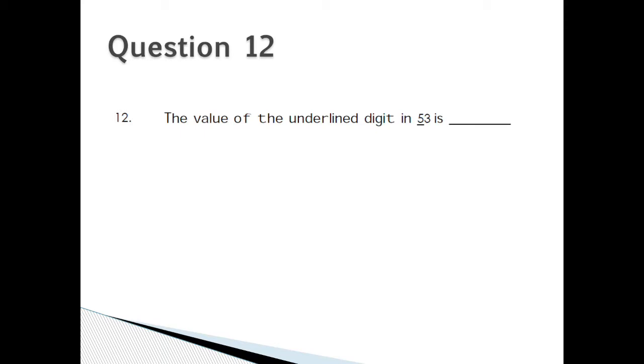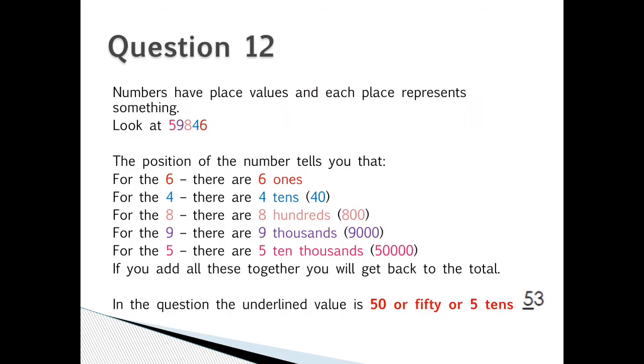Question 12. The value of the underlined digit in 53 is what? The 5 is underlined. Numbers have place values and each place represents something. Look at the number